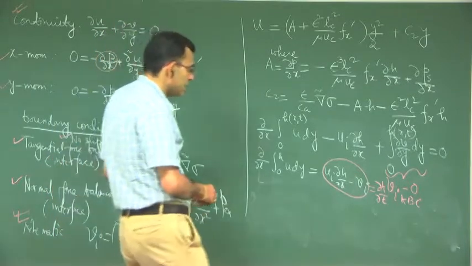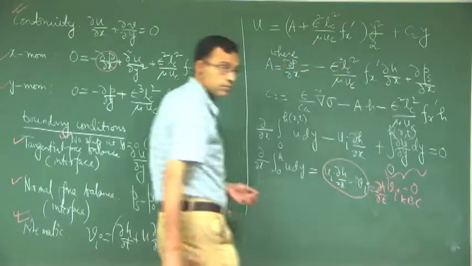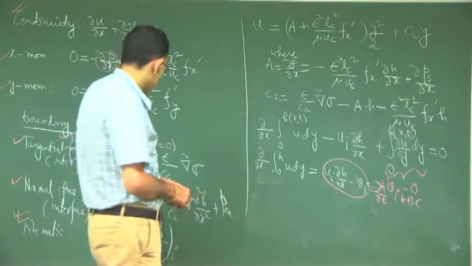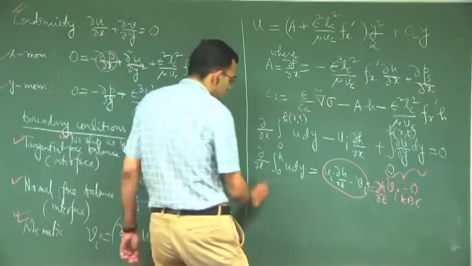This is minus del h del t, right. From this equation, so, del h del t